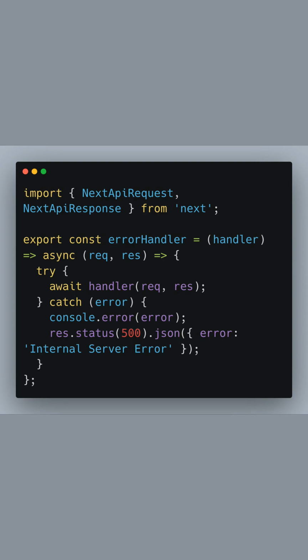This is our custom error handling middleware for NextJS. It is designed as a higher-order function that takes another function, usually an API route handler, and returns an asynchronous function. Inside, we wrap the original handler call in a try-catch block. If an error occurs, we log it and respond with a status code of 500, indicating an internal server error